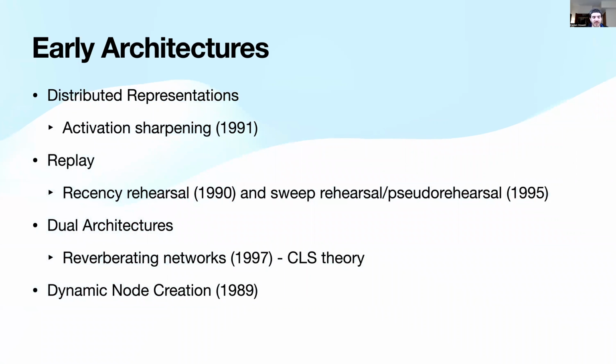And scientists thought that they could essentially emulate this with two separate networks that do the same thing. Now, in practice, these methods pretty much died out because they didn't produce very empirically strong results, but they were there. And then we also have dynamic node creation. A simple idea was to give more representational capacity to the network if it's running out. This is also seen later. It's simple: if your error curve flattens out too early, then you expand the size of one of your hidden layers. It was an early means of doing that.